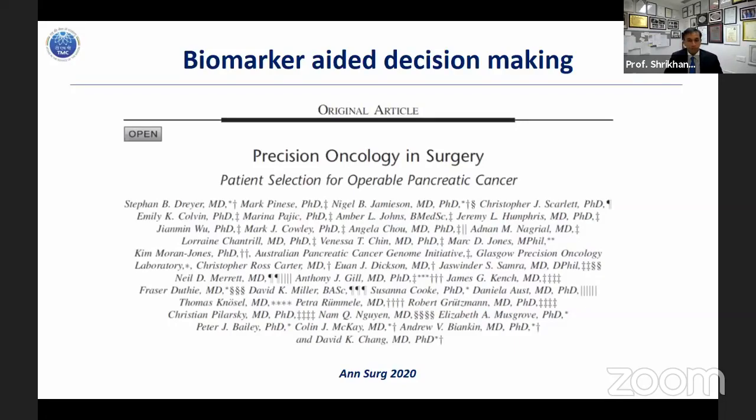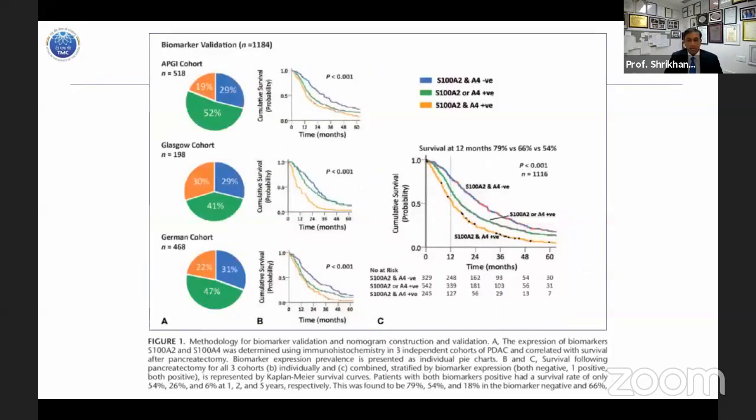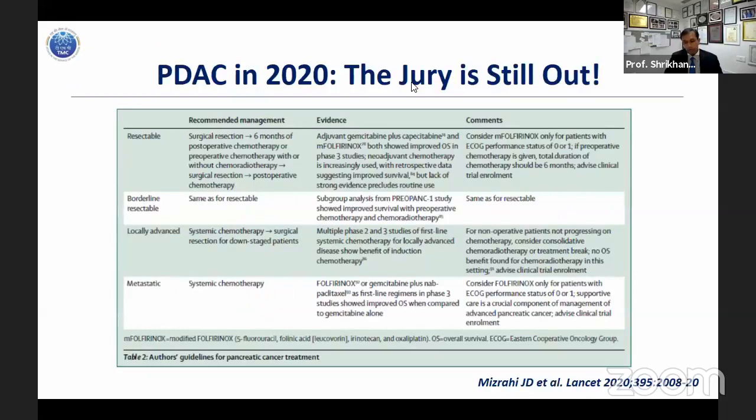This is something which is going to be the fourth arm. And just to briefly tell you, you can look at some of these biomarkers, and they are showing you, just concentrate here. If you have these two negative, you have the best survival. If you have both of them positive, you have the worst survival. So I think we will be able to select out patients and organize them and direct them to appropriate treatment arms, which would improve outcomes.